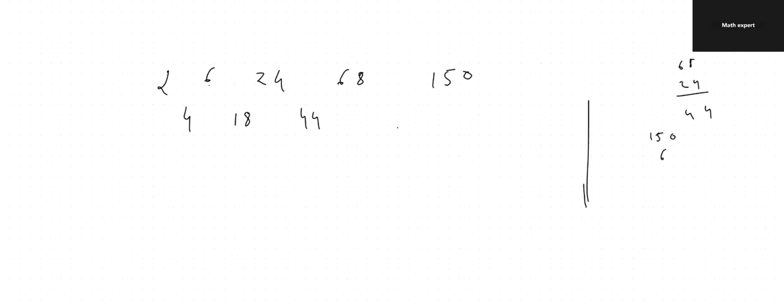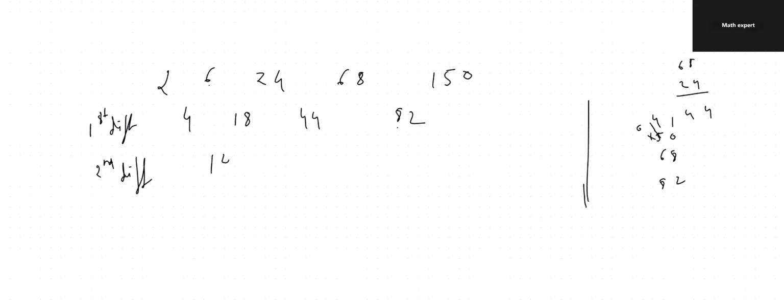You always take the next term minus the previous term. So in this case, when you're doing 150 minus 68, you can always do the rough work and then move ahead. Okay, so that is 82. Now again, this is your first difference. Now this is not constant. Find the second difference. Now when you find the second difference, again 18 minus 4, which is 14.